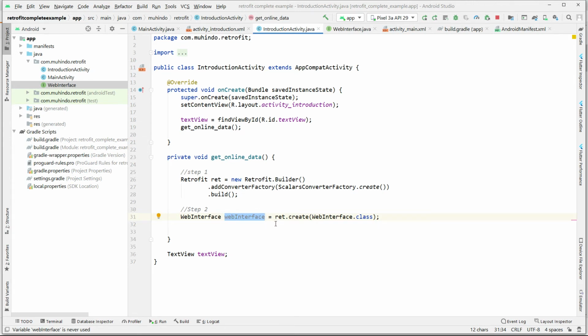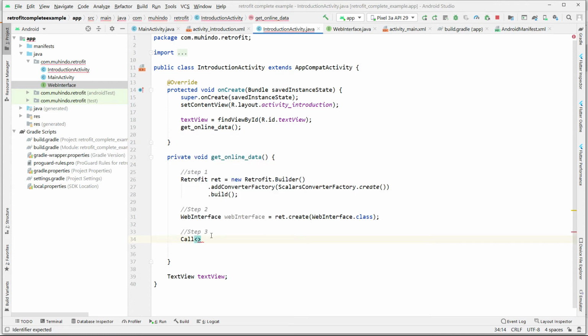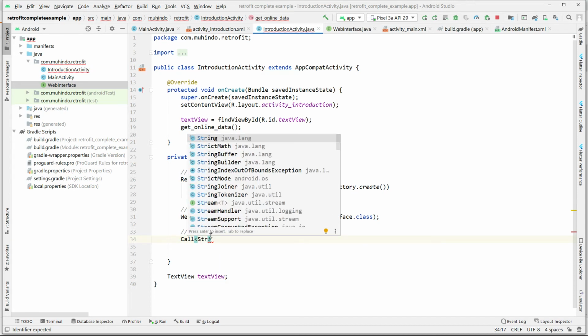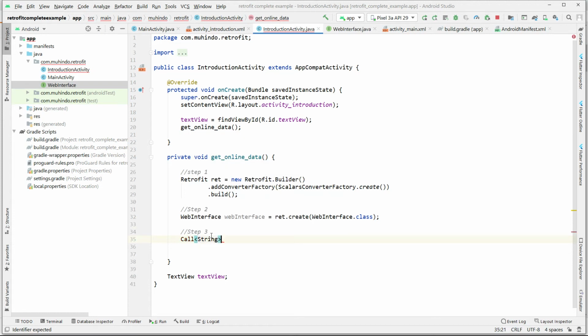Okay, then step 3. Here you create the call. Now the call is the link that you're going to access from the database. So you just simply write Call and open like this, and then you put what you're expecting back. Of course, you're expecting back a string. So I just simply put String like this, and then we give this a name. I can call it maybe